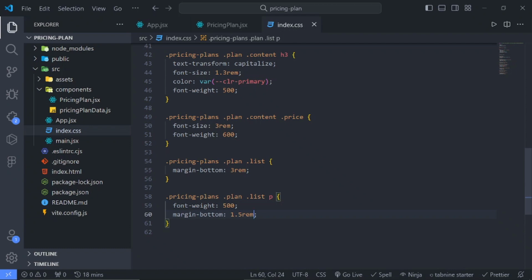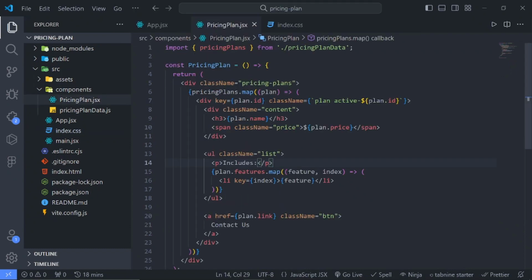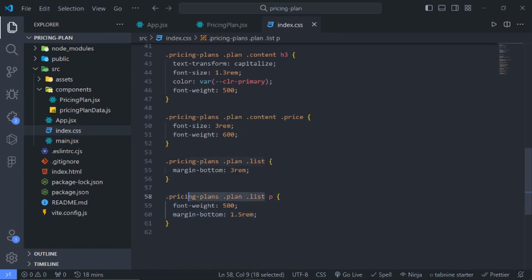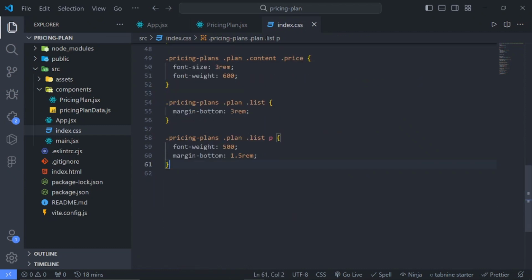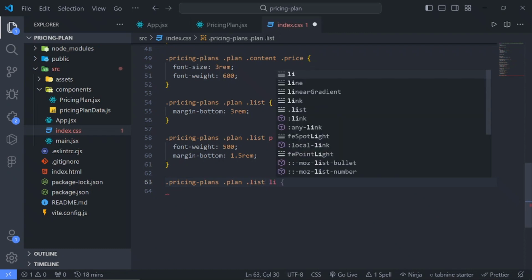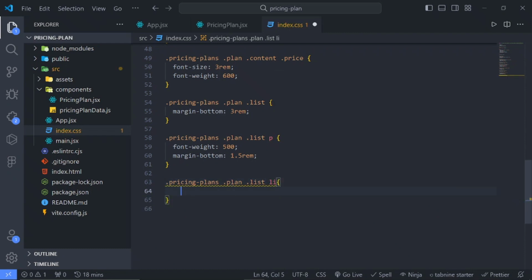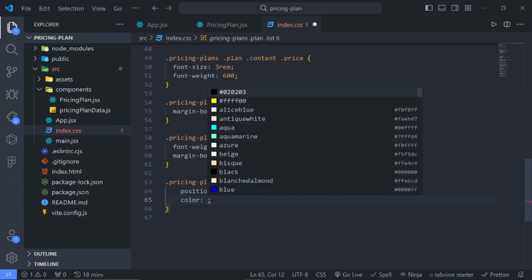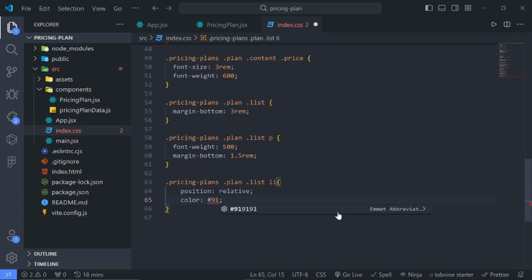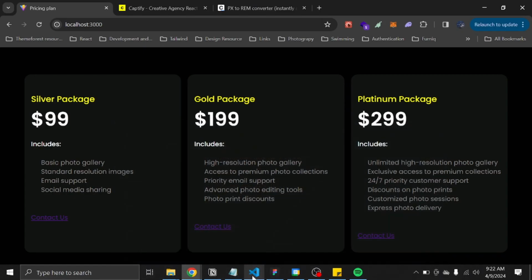Next we need to style the list items for each of the features. So we'll just grab this again, copy it, paste, and just add the li tag and add the position of relative, add the color of 8C8C8C. I think this is color, right? Okay, and let's add the padding left of 1.5rem. Yeah,